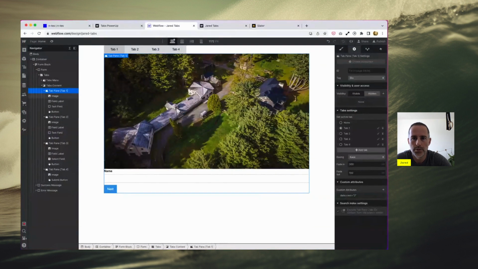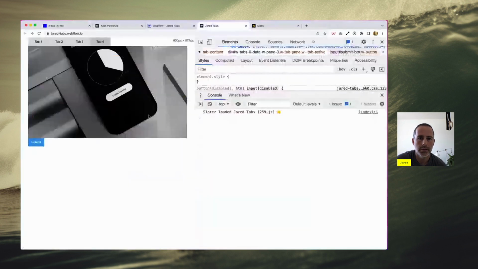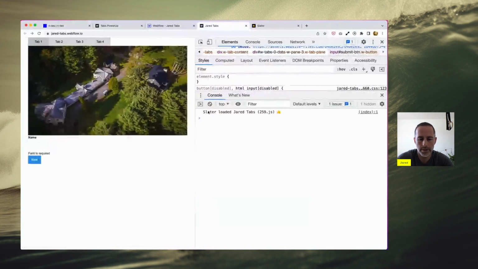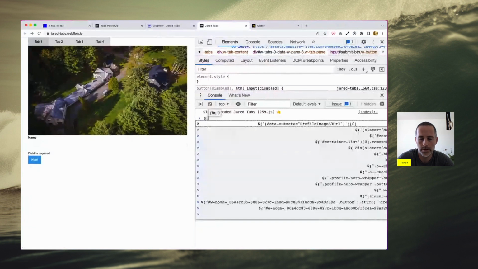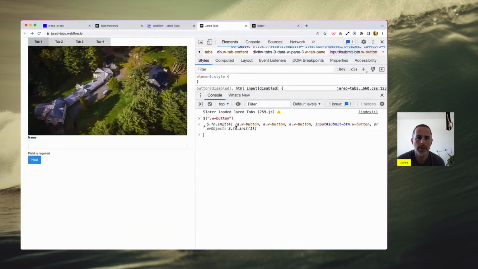But let's try just doing it with JavaScript as we have it now. So we can get clever on this, and we can say, okay, let's just see what we have with, I think it was .w-button. So there's 4 of them. So if we get this first one,